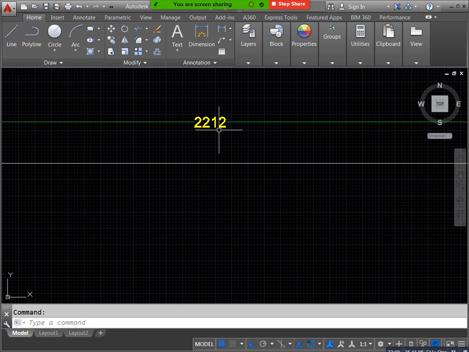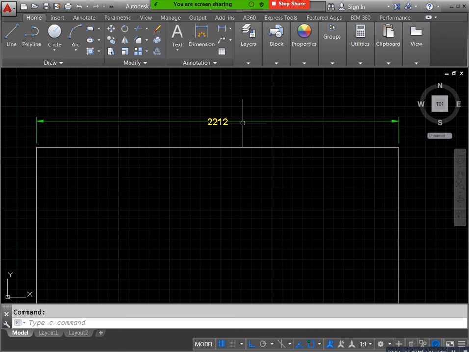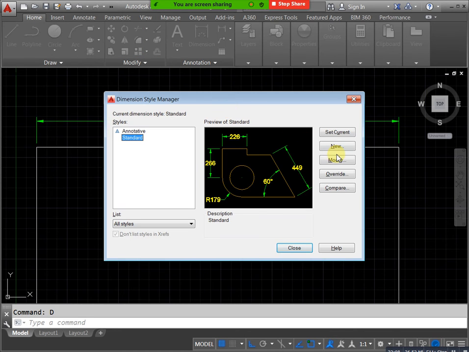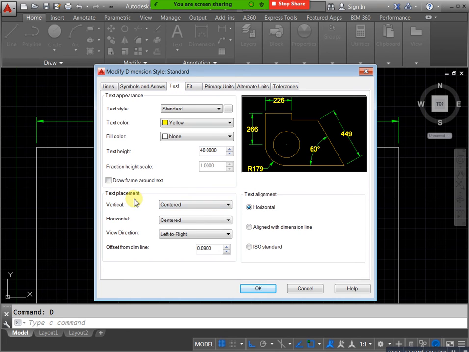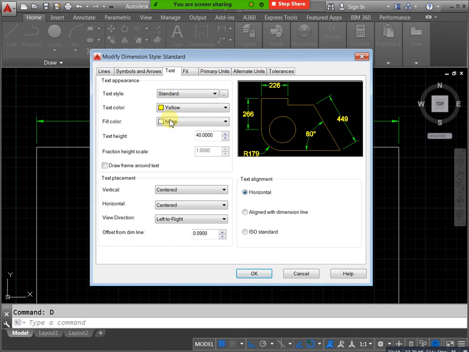Just observe here in this dialog box we have the text panel, right? In this text panel we have Centered, Center, Vertical, Horizontal. Present horizontal, I need at exact line. This is exact line, but I don't need this one. Next, Above, you can mention Above, just you can see. Okay, Set current, Close. See, we are getting the above value.